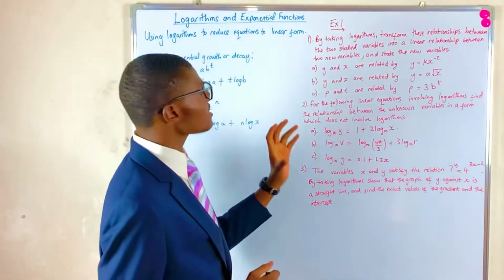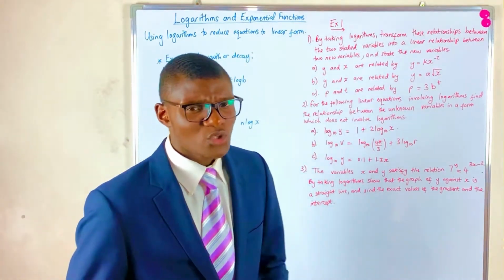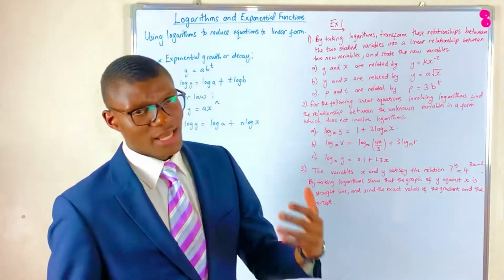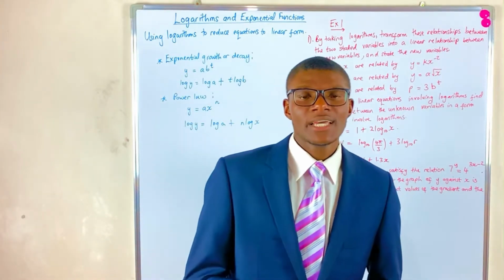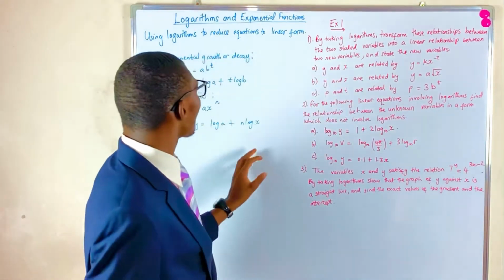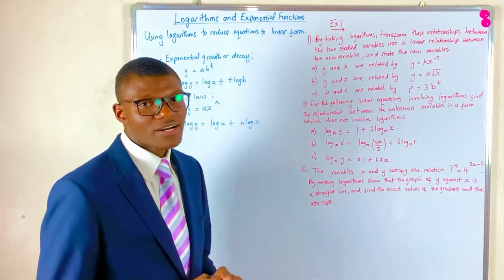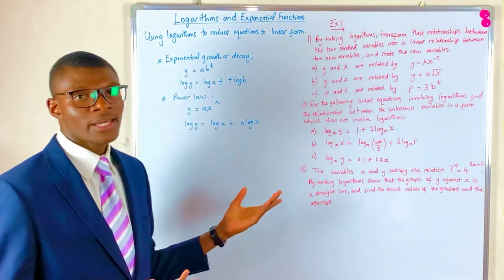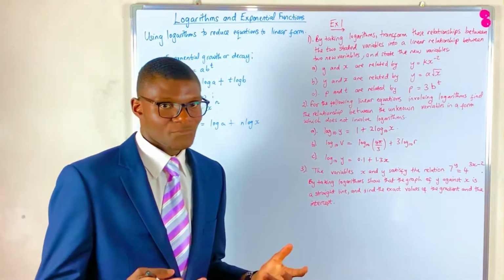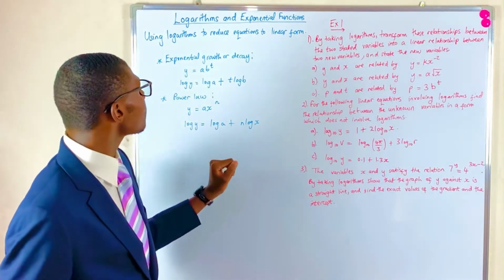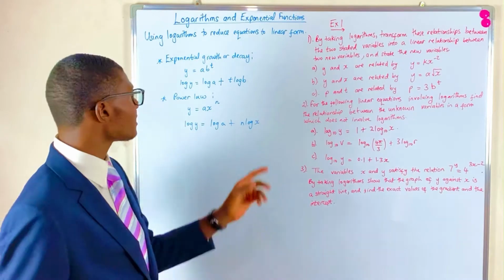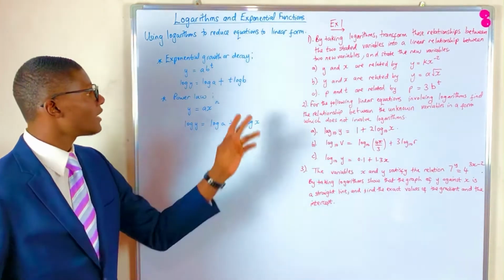So, first question is, why would we want to reduce an equation to linear form using logarithms? This is because for more scientific, economic, and social quantities, they are drawn from either exponential growth and decay graphs, or power law graphs. But now, the thing is, we need to reduce the equations to linear form by taking logarithms